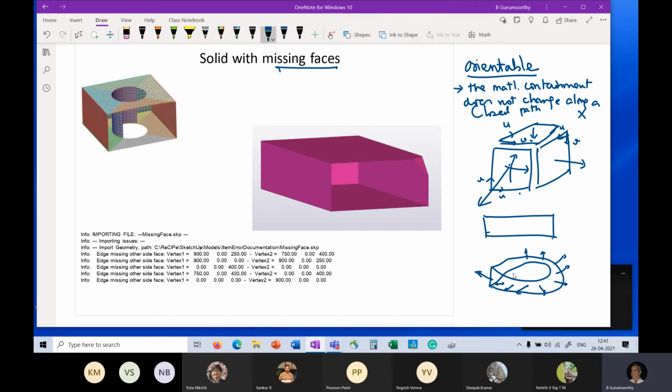And when you come inside, it starts flipping, and you come to the same point and the normal has flipped. So I start with the normal pointing out, and I sort of go in, the normal changes direction, which is at this point. It was pointing away like this, but when I came back here, it is pointing now like this. So this is a classic example of a surface that is not orientable.